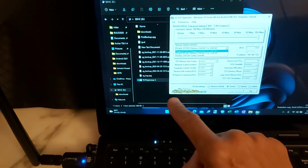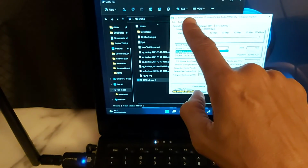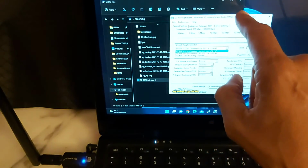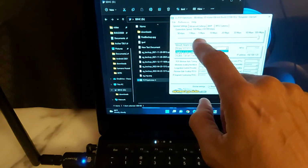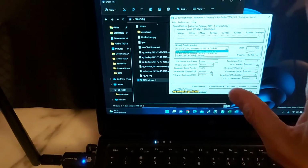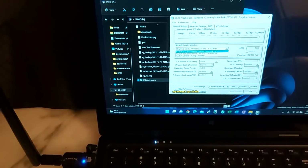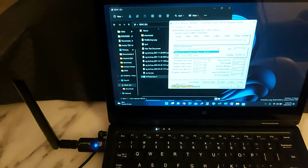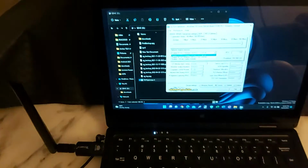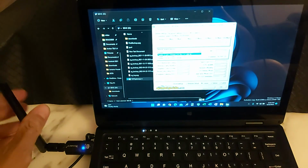Well, anyway, this is from the SpeedGuide.net site, and it's TCP Optimizer 4. It says Windows 10. I don't know. I don't think they have anything for 11. I don't even know if these guys are still playing around with it. There was a time where people were really into peaking the laptop and desktop at maximum performance. And I was one of those guys too. And I wrote